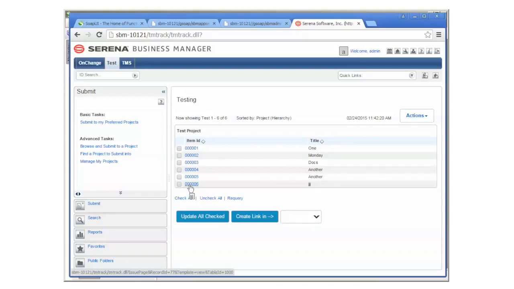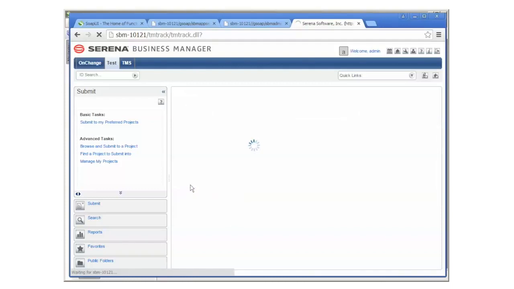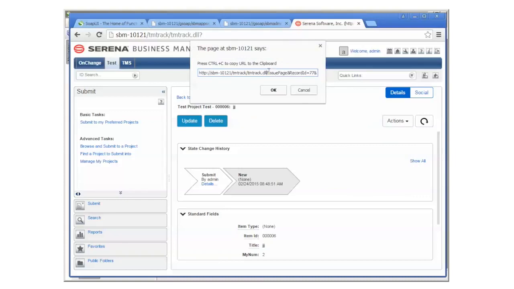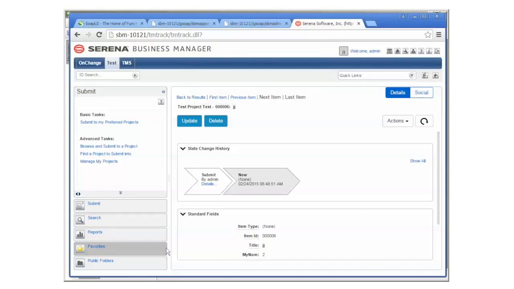If we hover over this item, you can see at the bottom it says record ID 77 and table ID 1000. You notice it at the bottom there, but if you don't see that, you can actually open the item, and if you click the button to say copy URL to clipboard, it'll give you the exact same thing. What we're trying to find here is the record ID is 77 and the table that this item belongs to is 1000. So keeping that in mind, we're going to go back over to SOAP UI,